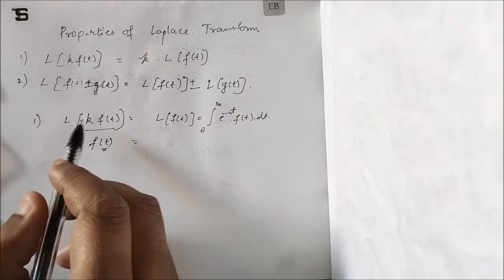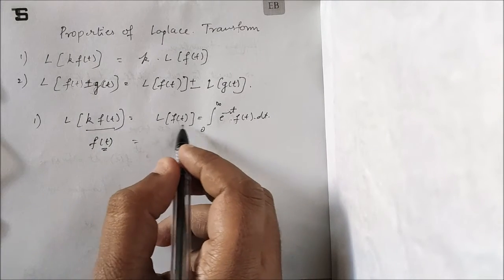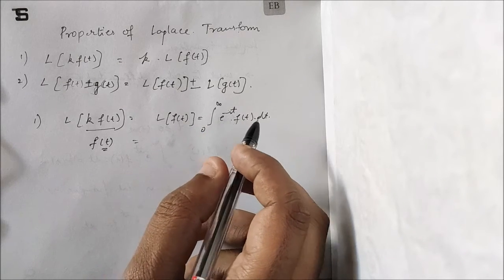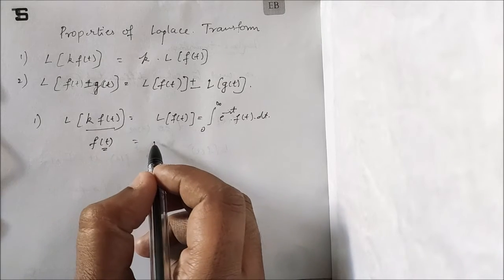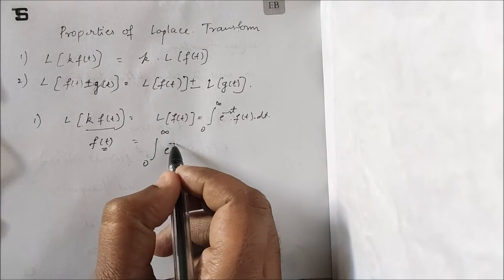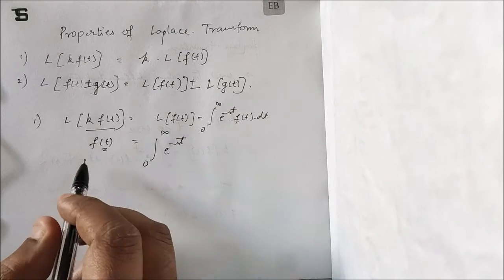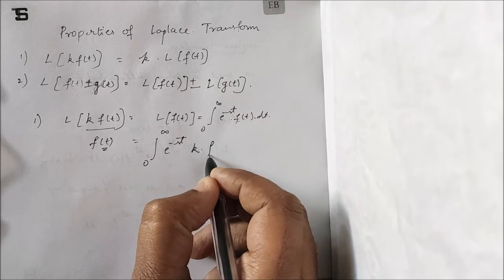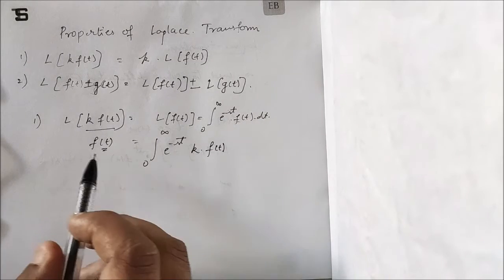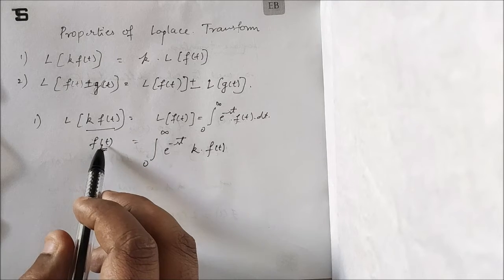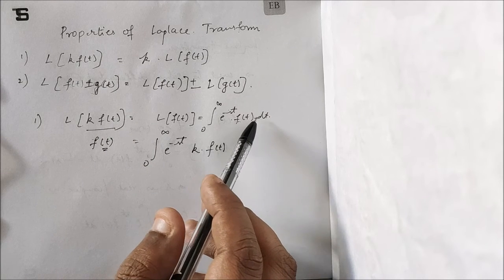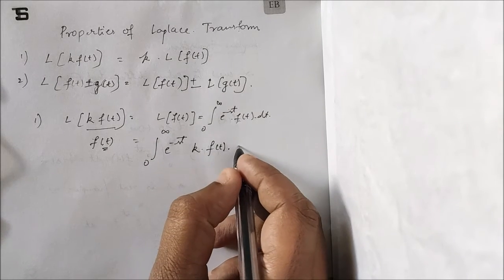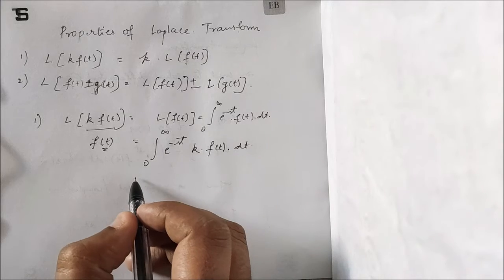Now if you find the L of f of t, then according to the definition, L of f of t is equal to integration from 0 to infinity e to the power of minus st into f of t dt. Now in place of f of t, we write k into f of t, because for our convenience we have taken k into f of t as f of t. So according to the definition we have written this, and we are replacing f of t by k into f of t here into dt, which is equal to,